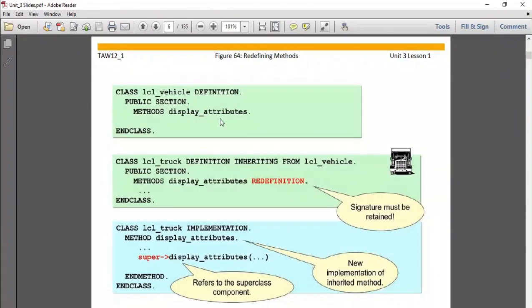How can we redefine it? With the help of the REDEFINITION keyword. So you can see this is our class lcl_truck DEFINITION INHERITING FROM lcl_vehicle, and this is the method display_attributes of the base class, which in this case is lcl_vehicle. We redefine it with the help of the keyword REDEFINITION.